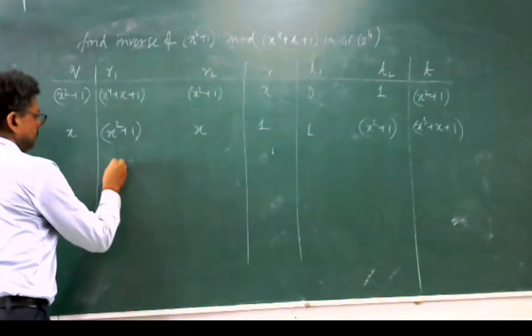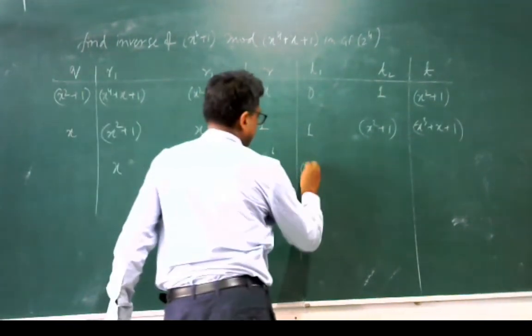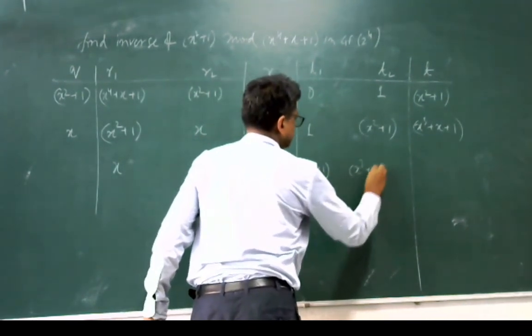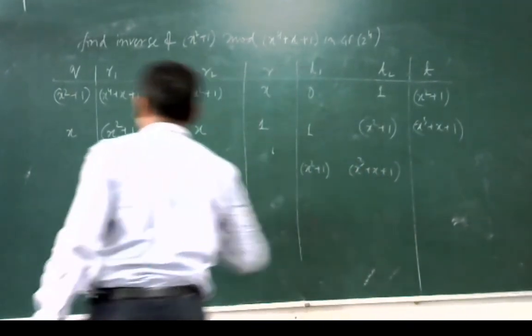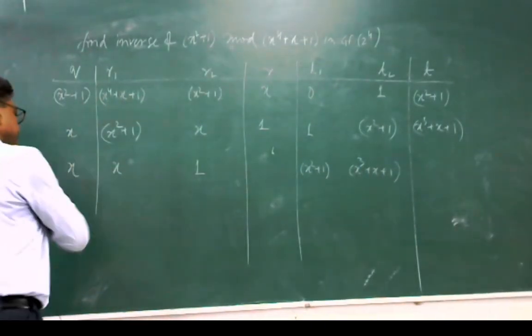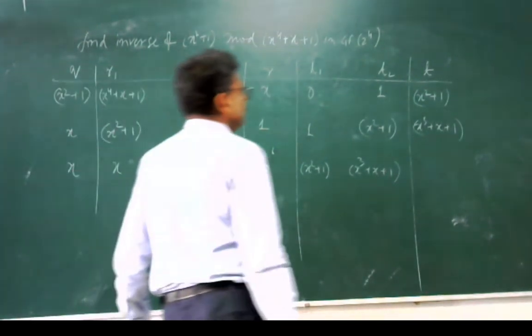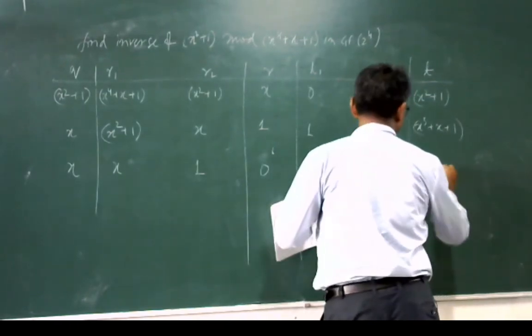Now again this will become x and this will become 1. This will become x square plus 1. This will become x cube plus x plus 1. And then it will go x times. The remainder will be equal to 0. Then what will be the value of T? T will be equal to x square plus 1